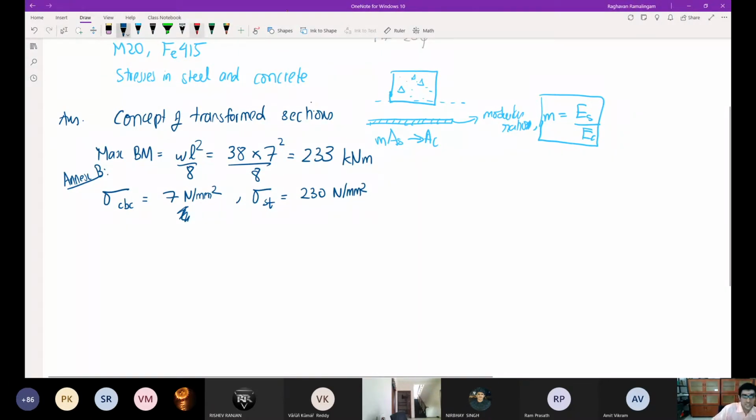Now the next thing we need to know is what is this? So this is the neutral axis. You want to know from the top how far this is. Okay. So if the depth till the reinforcement is d, let us assume that this is kd. Okay, small k and small d. Let us just assume it to be that. So the position of the neutral axis is needed. We'll say this is equal to kd, k times d, and we want to know what is k.